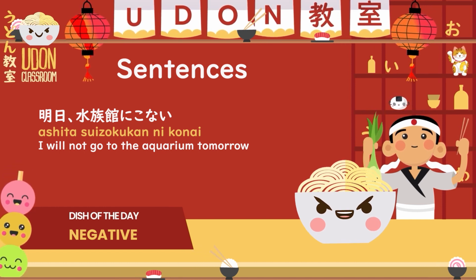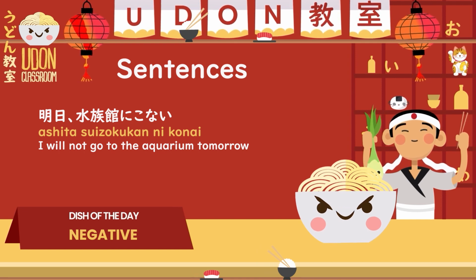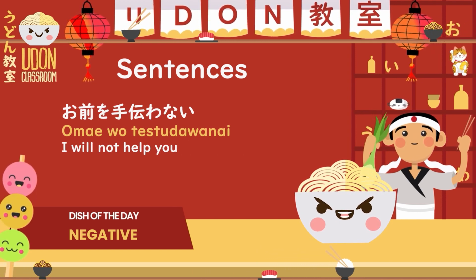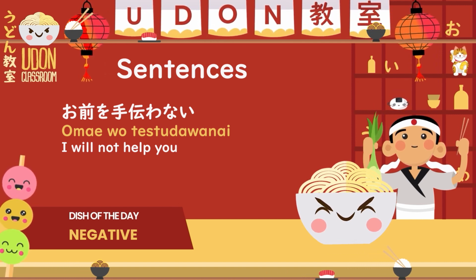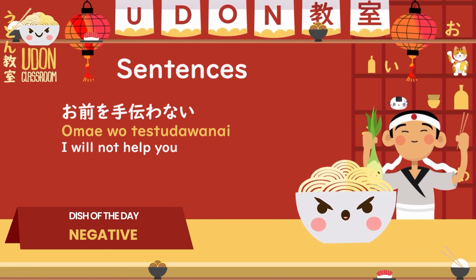I will not come to the aquarium tomorrow. Group 3 verb 来る becomes 来ない. Okay, next we have お前を手伝わない。I will not help you. 手伝う: take off the u and add わない。手伝わない。